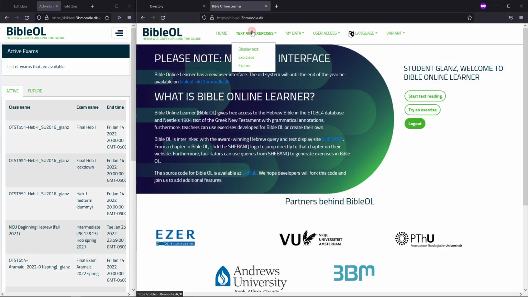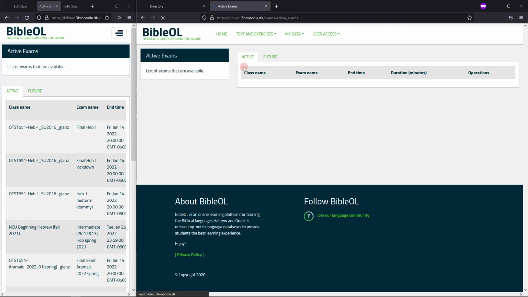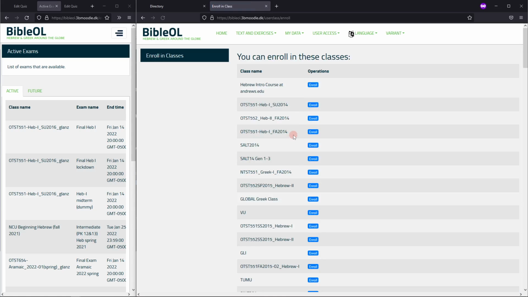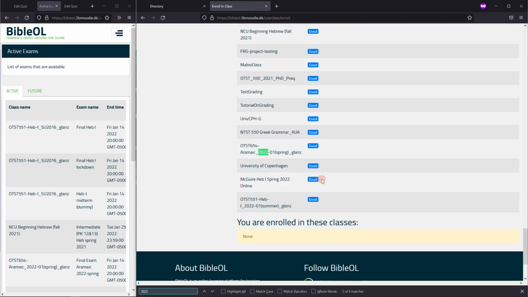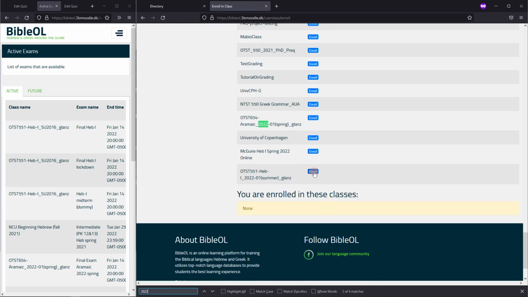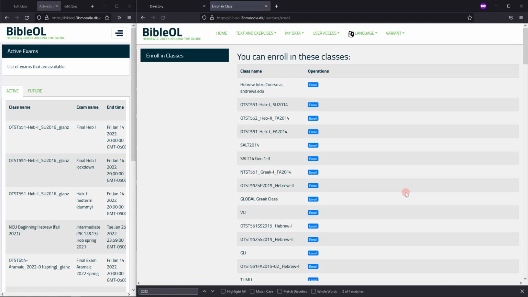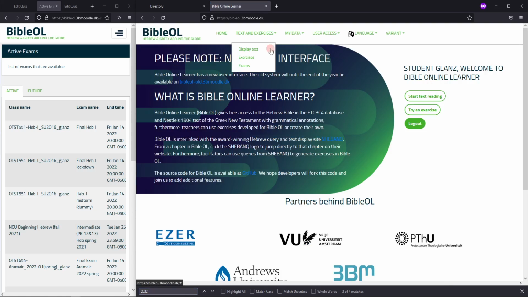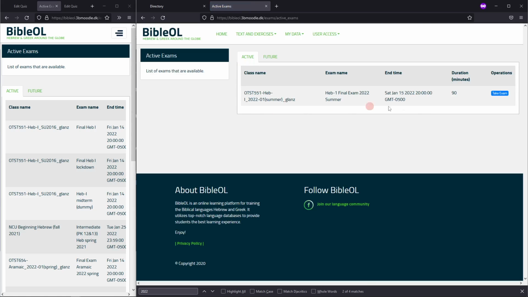So the student goes to text and exercises, clicks on exams, and now it's important, obviously, you see that there is no instance available for the student. We need to make sure that the student is also enrolled in our class. So here we go. We need to enroll the student. Now the student is enrolled. And at this stage, the student can now click on text and exercises, click on exams, and here, in this case, it's me, Oliver, the student Oliver, so this is my exam that I'm having to take. You click on take exam,